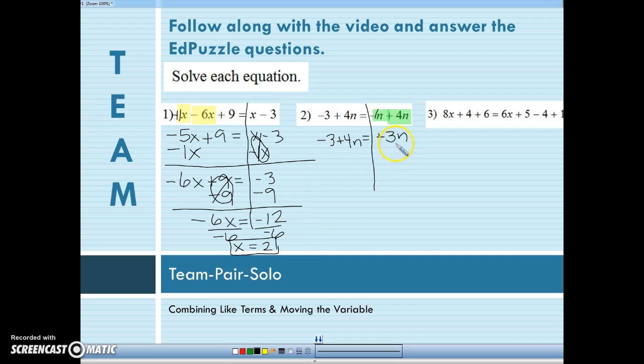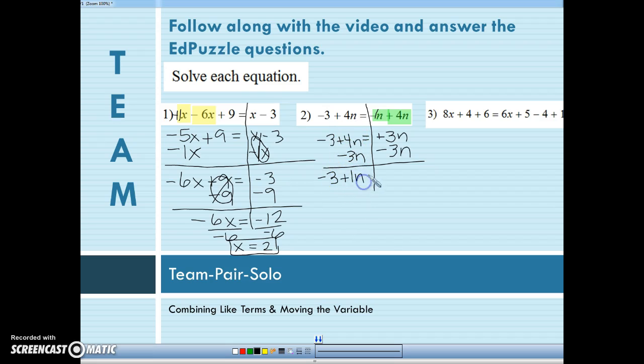Okay, so now I'm going to move this positive 3n to the other side using inverse operations. So I'm going to subtract 3n from both sides, bring down the negative 3. These are different signs, so I'm going to subtract, giving it the sign of the higher number, and I get